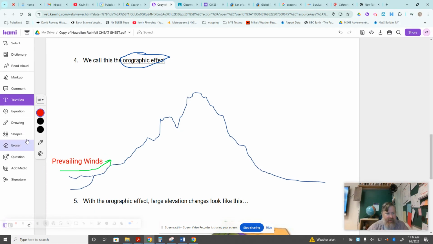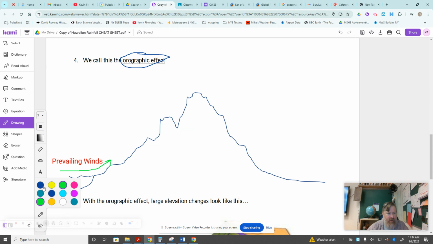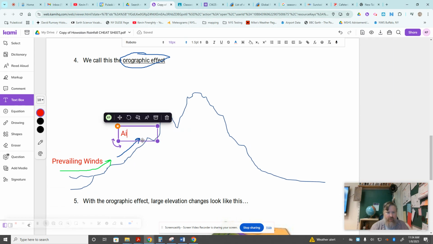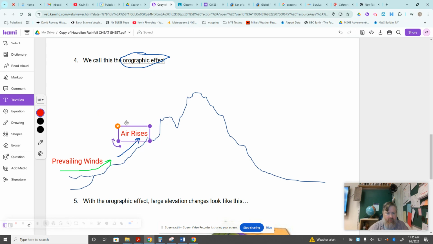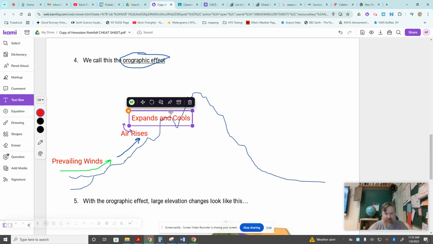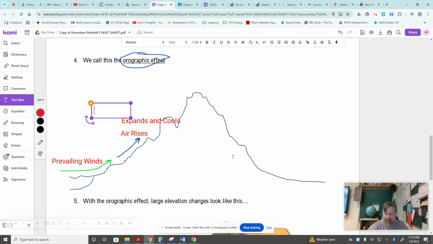All right, it hits the mountain, and it's got nowhere to go but up. And as we just said for cheat sheet number 3, when air rises, it expands and cools. Now, again, this is from the previous day's notes. If you missed those, we should probably catch up too. This is a lot to throw at you at once. But all of the things that we covered that happened here, you get